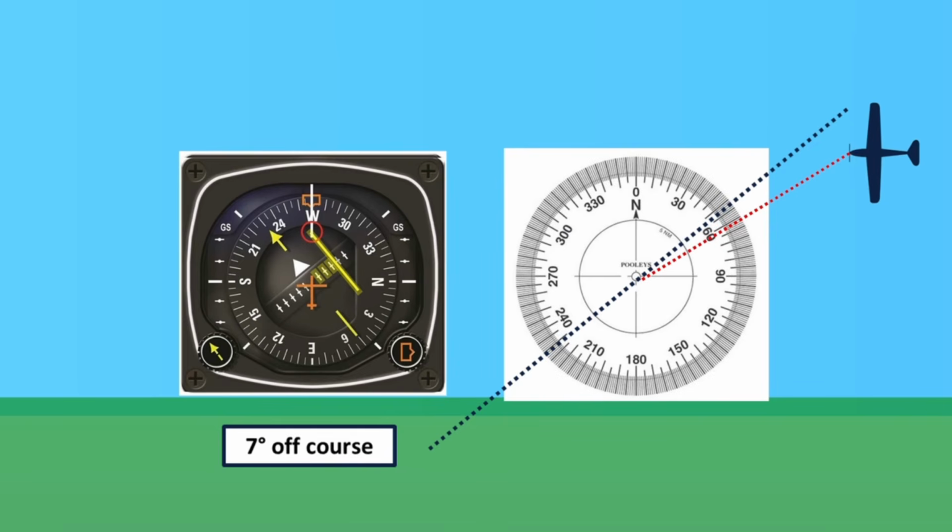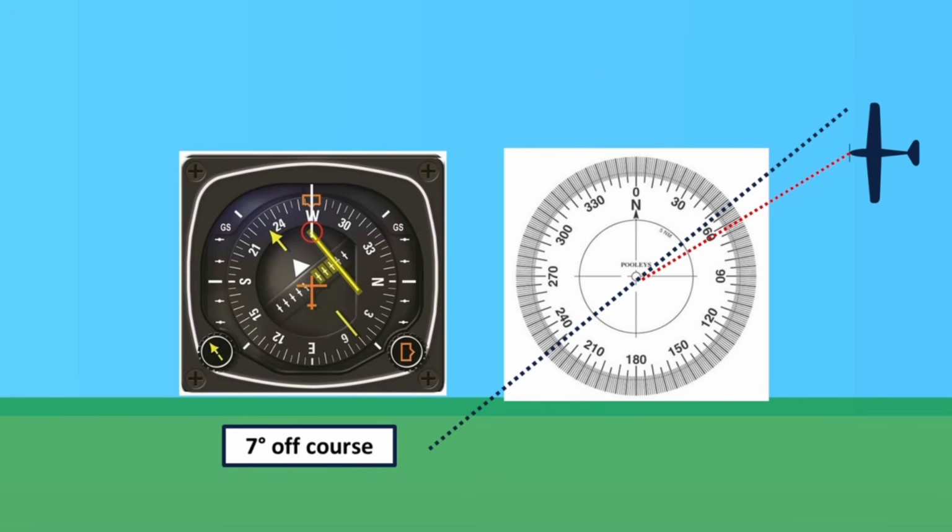degrees off course. And since we know that we have direct sensing, because again, the difference between our heading and OBS selection is less than 90 degrees, then we know that we need a right turn, again, since the needle is to the right, and therefore that means we are 7 degrees off course to the left. Since our OBS selected course is 230, but we have a 2 indication, that puts us on the side of the 050 radial. And 7 degrees left of the 050 degree radial, again, when pointed in the direction of our selected course, is 057 degrees. That means at this particular moment in time, our aircraft is on the 057 radial of this nav station with